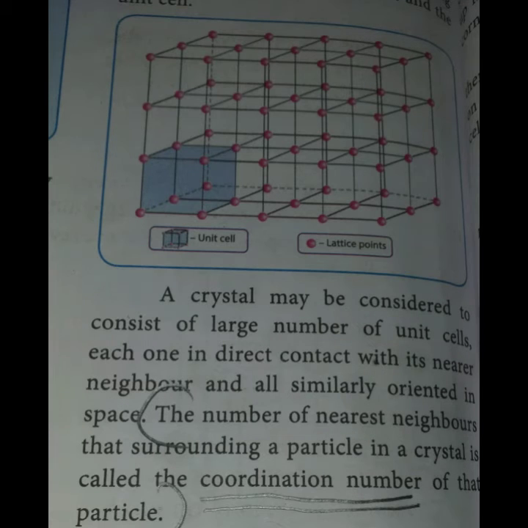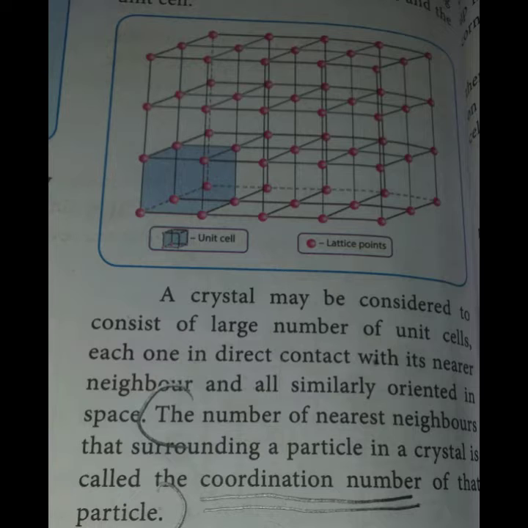Next, I am going to define what is coordination number. Coordination number means, suppose any atom is binding or connecting with a neighboring atom. How many neighboring atoms are attached to a central atom, that number we call as coordination number. That means suppose one girl or one boy is sitting in the middle, how many students surround and are connected with that girl, we call it as coordination number.